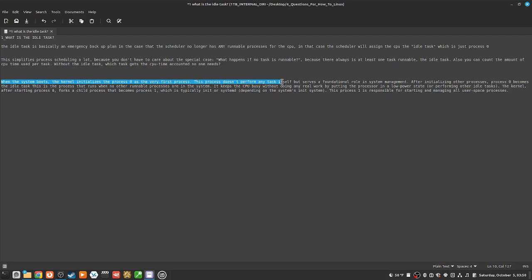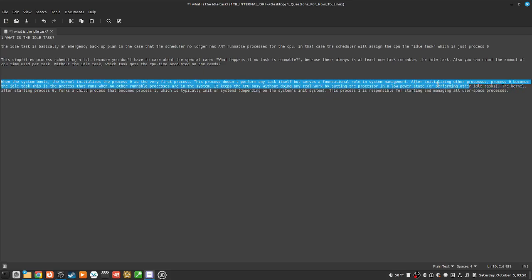This process doesn't perform any task itself, but serves a foundational role in system management. After initializing other processes, process 0 becomes the idle task. This is the process that runs when no other runnable processes are in the system. It keeps the CPU busy without doing any real work, putting the processor in a low power state or performing